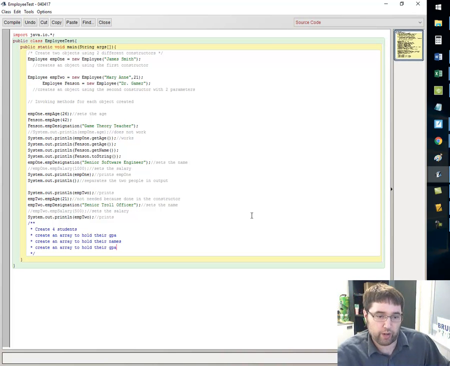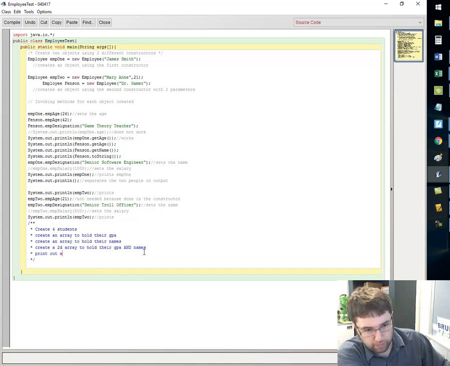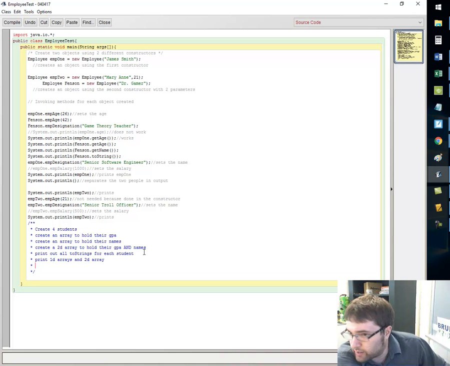And then create a 2D array to hold their GPA and names. The whole reason I have you make the GPA then the names is that it can help you build the 2D array to hold the GPA and names. And then print out all toStrings for each student, and then print 1D arrays and 2D array, and